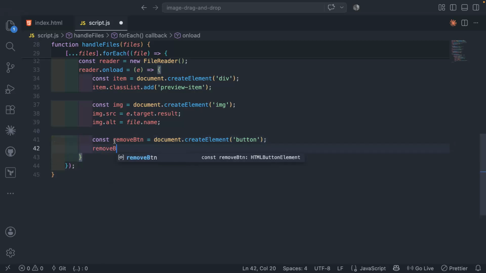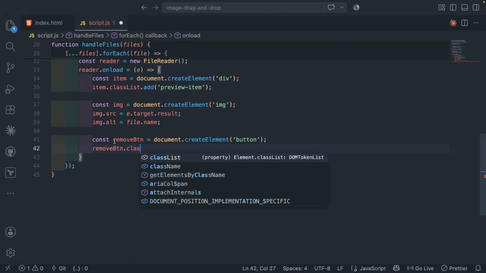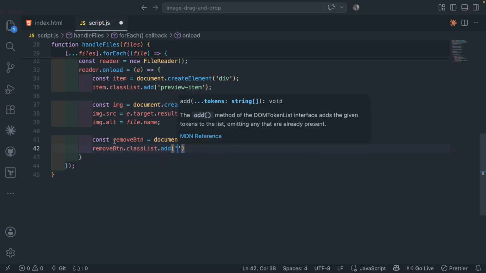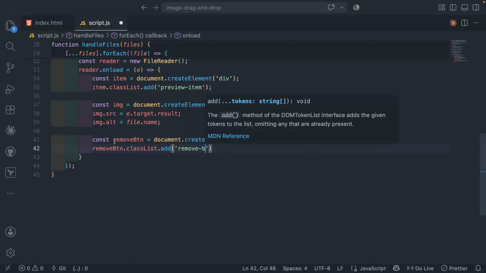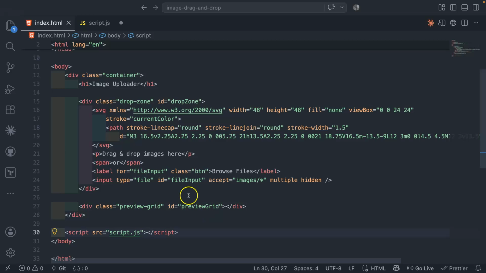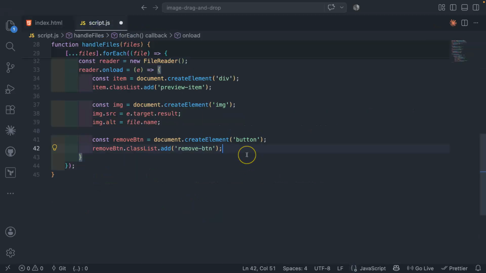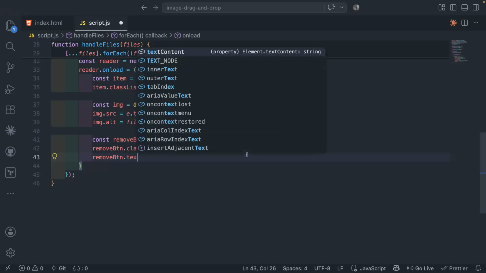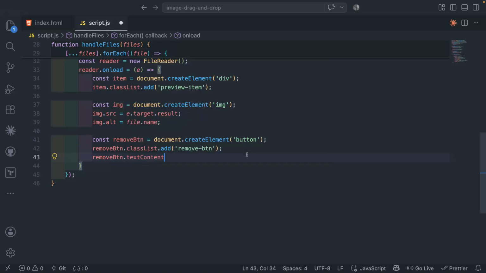So removeBtn.classList.add remove-btn. So we're adding a class to the button that we are generating on the fly. Okay, so if you check the index, we don't have any of those here, so we're creating them on the fly. So removeBtn.textContent equal to x,